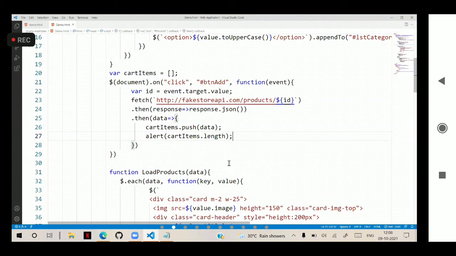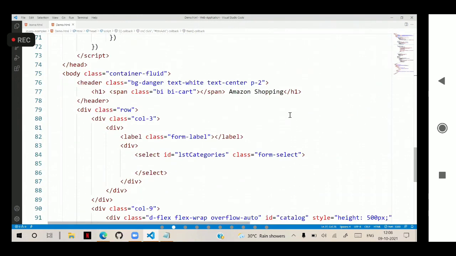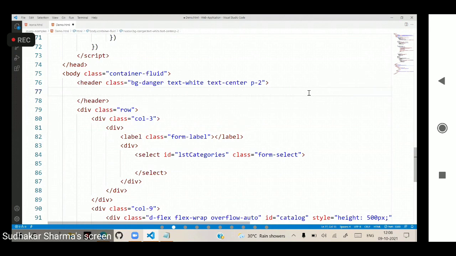Usually for doing that, suppose we need to update that length and display. So we can update the length and display. That is, go to the header section. In the design, in the header section, I will just keep the contents in the header div.